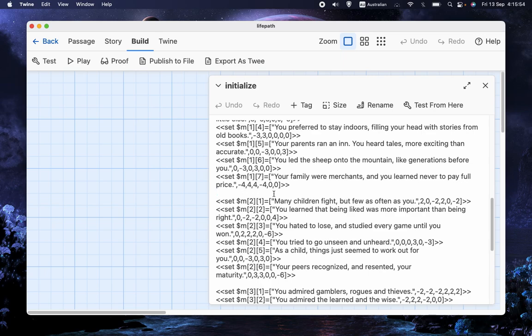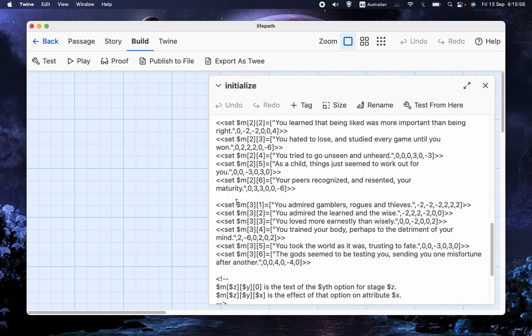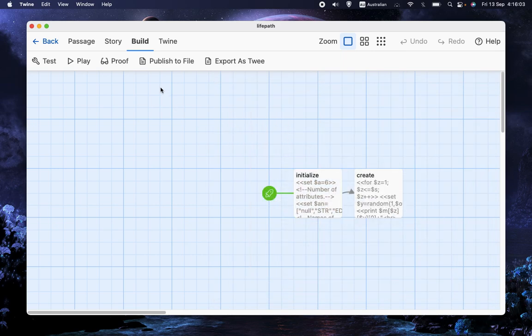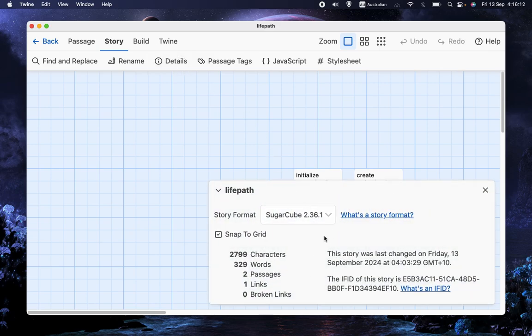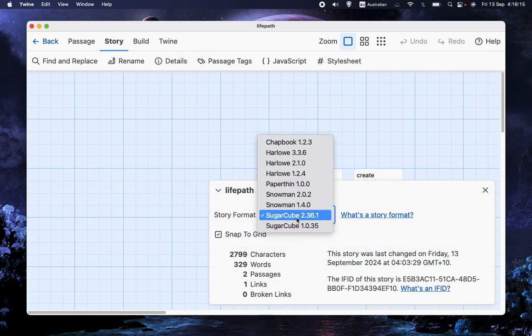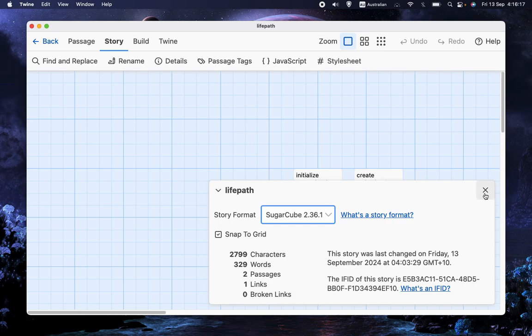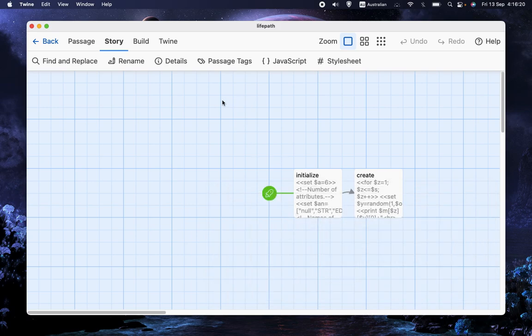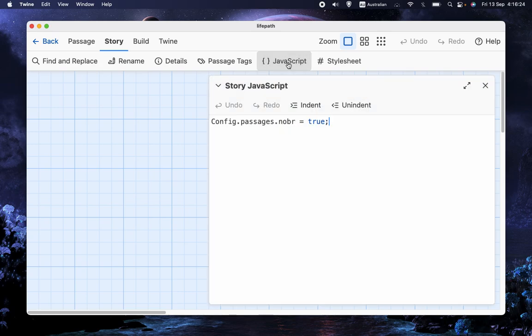I've separated stage 1, stage 2, and stage 3 with a line break just to make it easier to read. Now, remembering, of course, that the very first thing we do when we set up a program, perhaps, is change it from the initial value to Sugarcube, so we can use the commands that we've learnt. And the second thing is we go into JavaScript and we do this line: